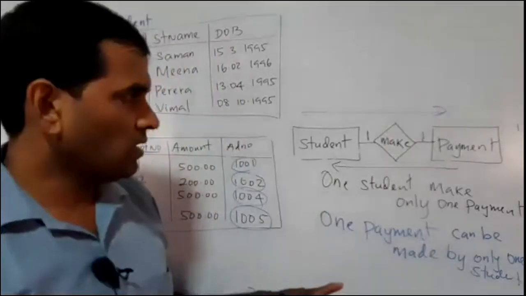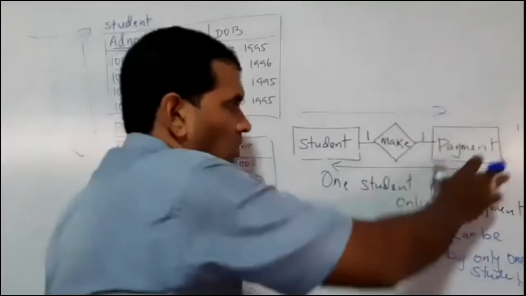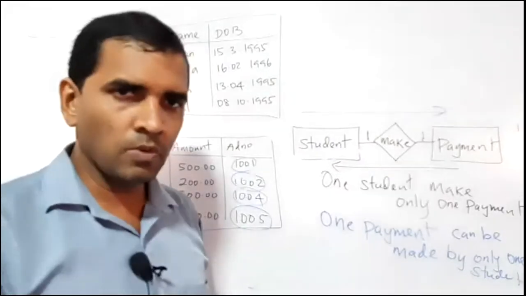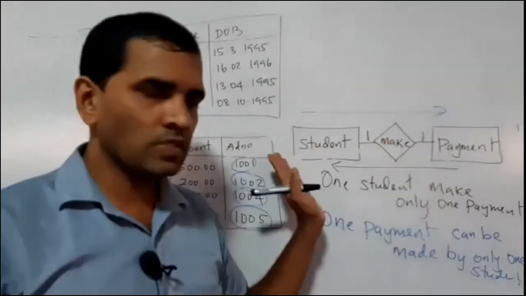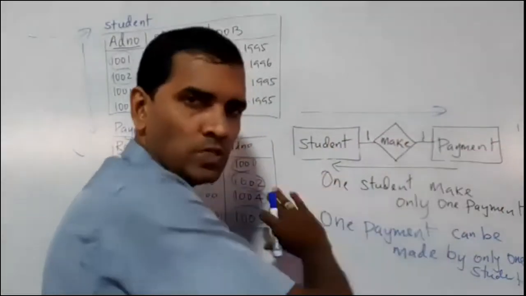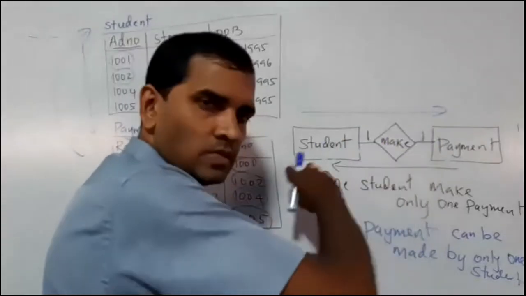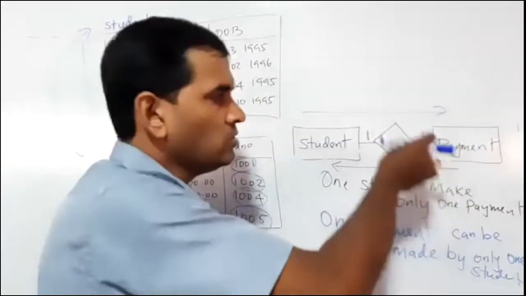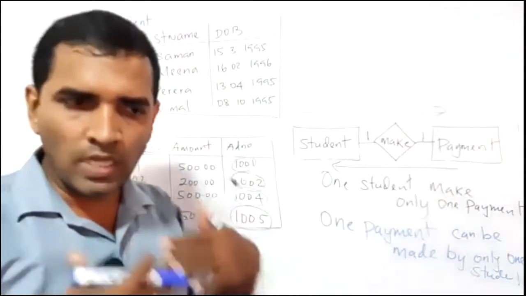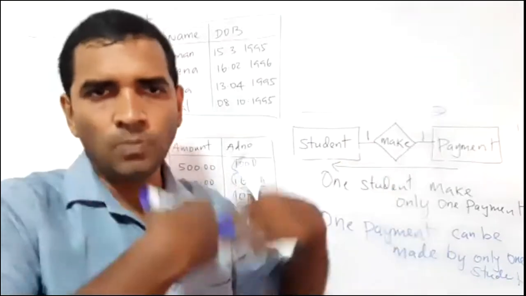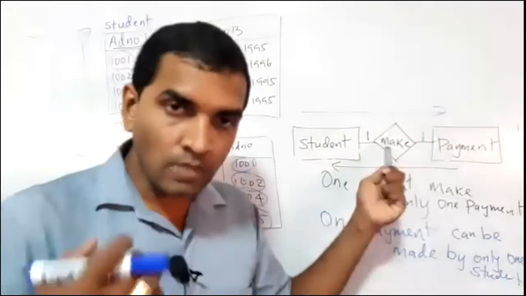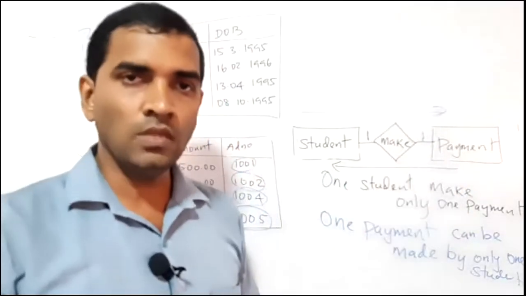Right? So again, I tell you, I put this small diagram in order to explain the meaning, but these are not important for you. You don't need to bother about the symbols and other things, but take these two table names on two sides, and there is a relationship between them. So use a verb for describing them. Here students, here payments. So students make the payment, right? Students pay the payment. So I put the verb make. If you put a verb, then you can easily make a meaningful sentence.